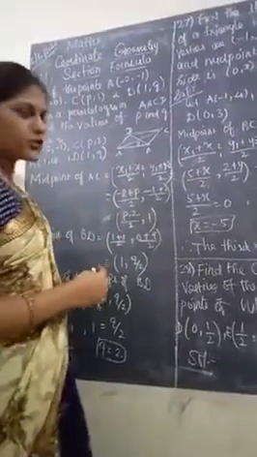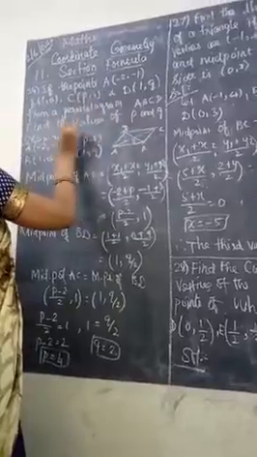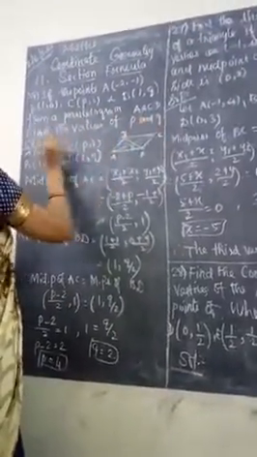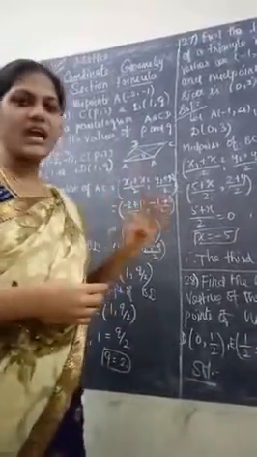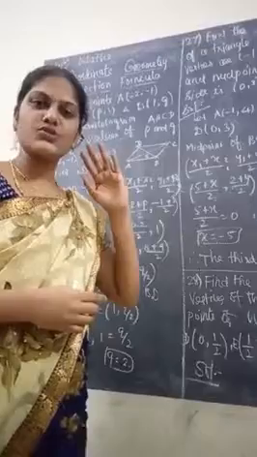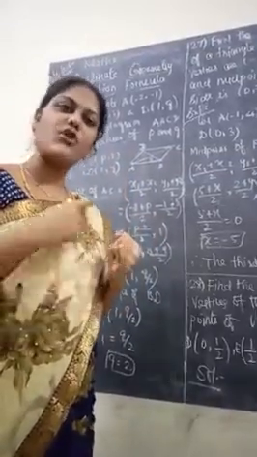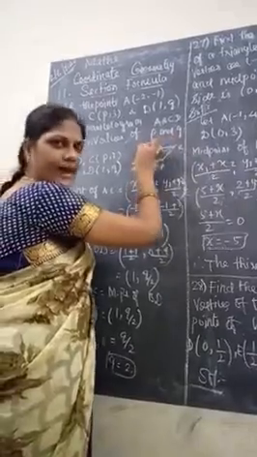It's from the 24th question. Listen, if the points A, B, C, D form a parallelogram ABCD, find the values of P and Q. In this sum we have 4 points. Here I mentioned the figure, it's a parallelogram. So using this condition we need to find the values of P and Q. A, B, C, D form the parallelogram.